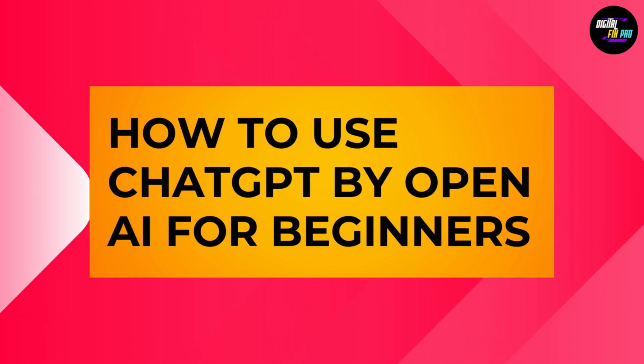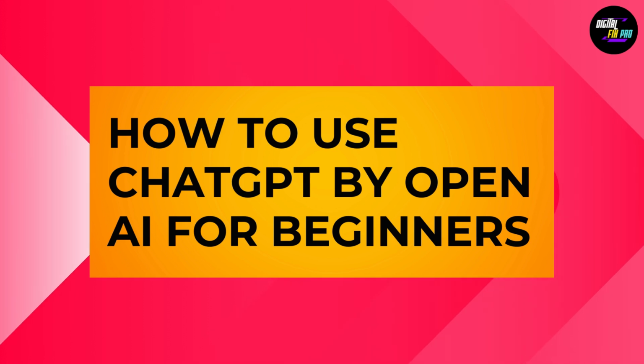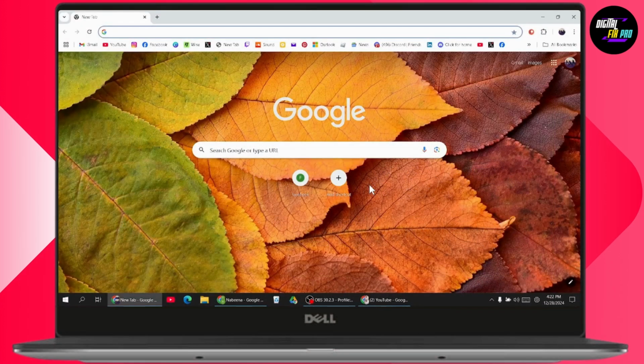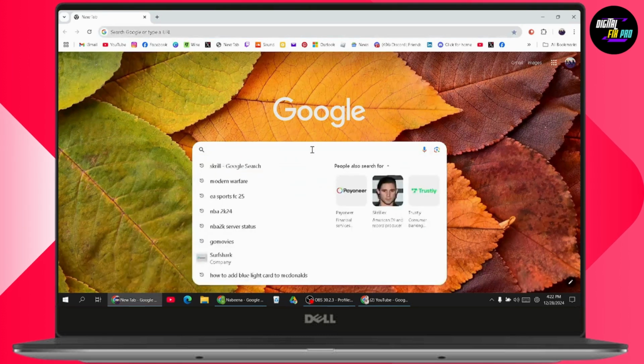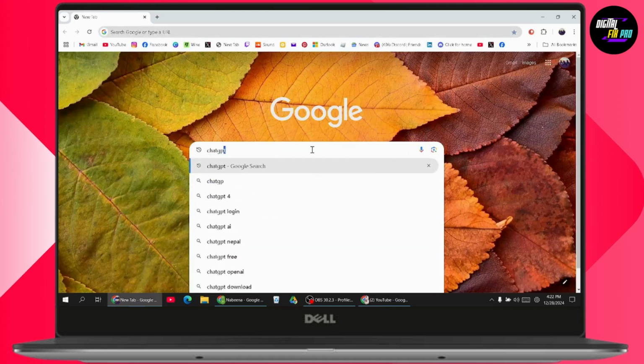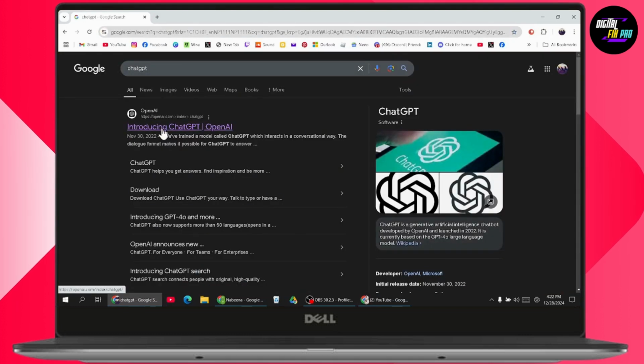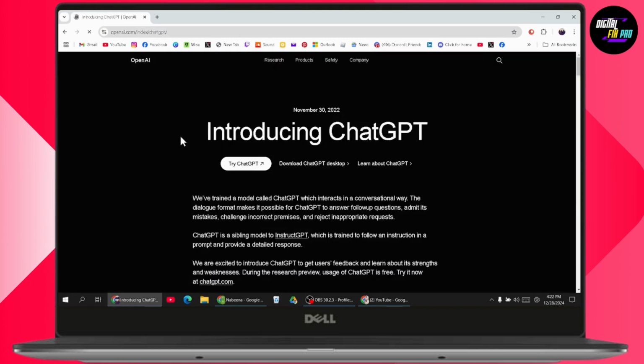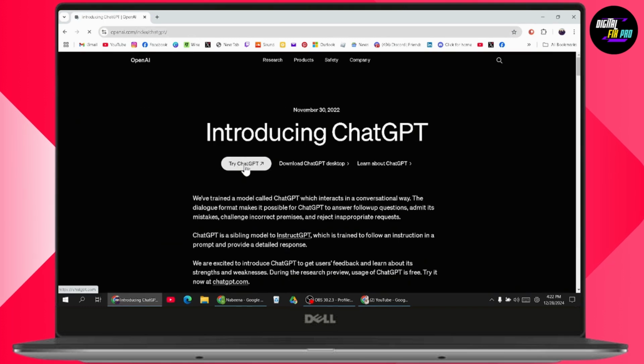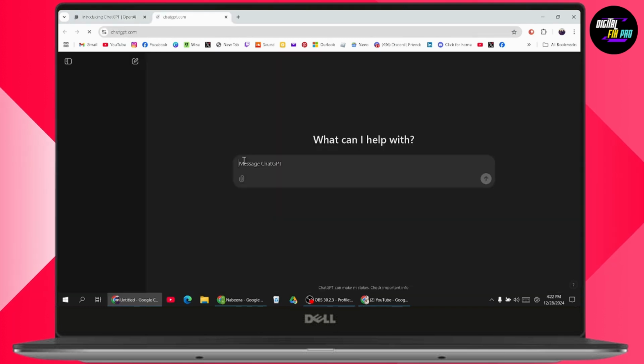How to use ChatGPT by OpenAI for beginners. So if you want to use ChatGPT by OpenAI for beginners, then what you need to do is first you just need to simply go to your browser and search for ChatGPT and go with Introducing ChatGPT OpenAI, which will be first, and then go with Try ChatGPT